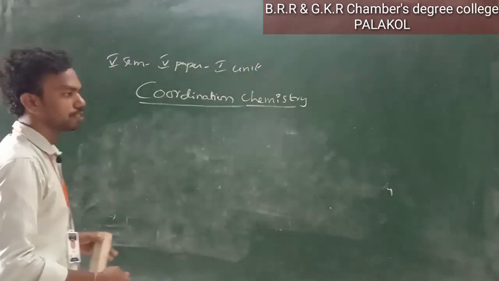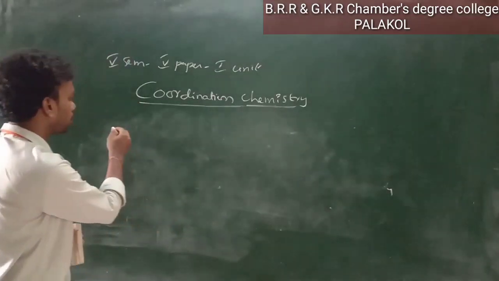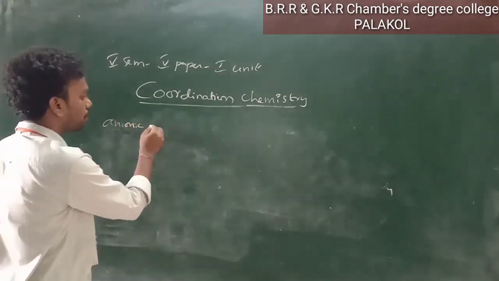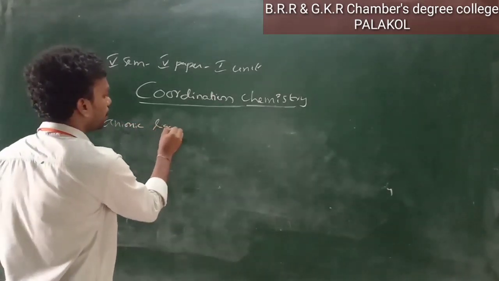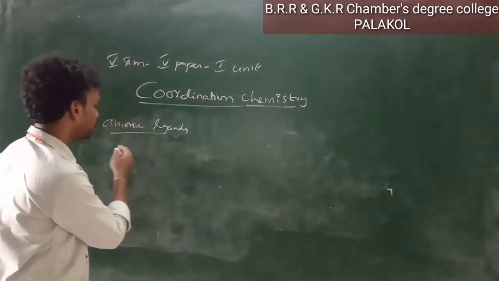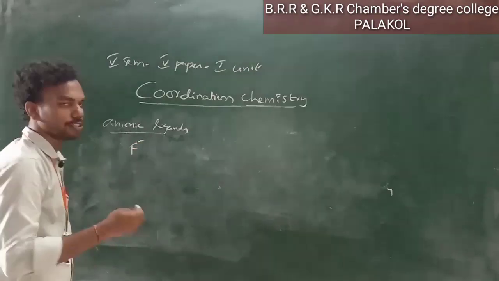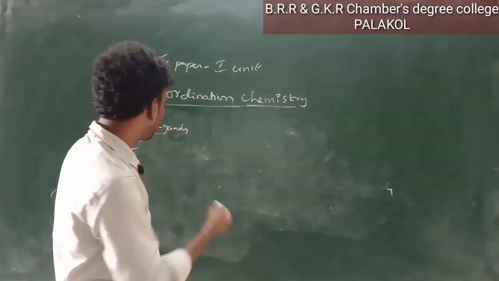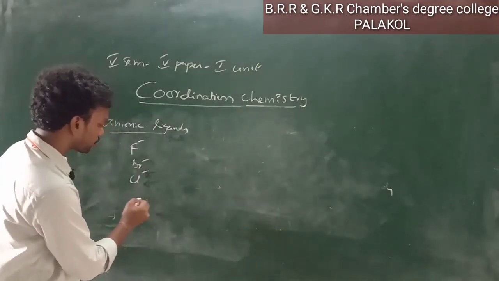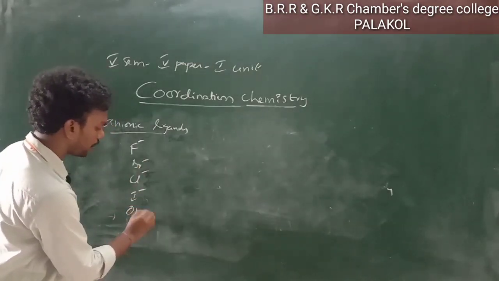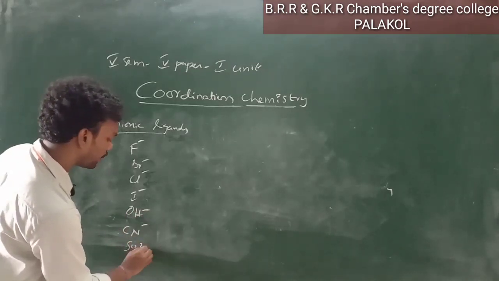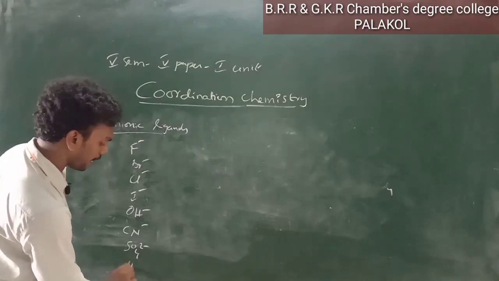I will give you a few lists so that you can understand very easily. First, anionic, that is negative ligands or anionic ligands. They have a negative charge over the molecule, right? Examples: halogens, fluorine, chlorine, bromine, iodine, F minus, Br minus, Cl minus, I minus, hydroxide, OH minus, CN minus, SO4 2 minus, H minus, hydride,